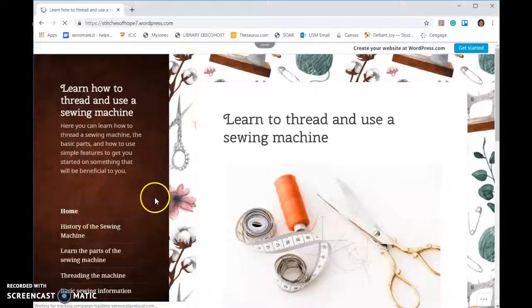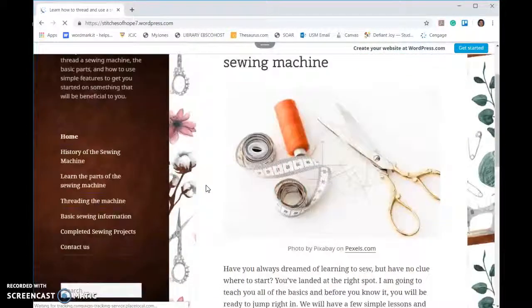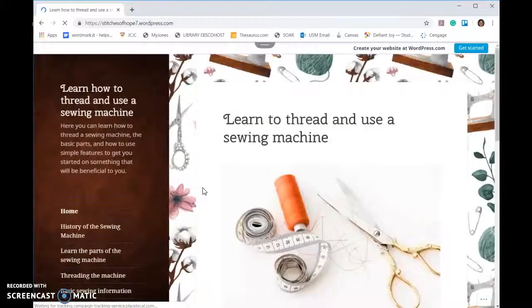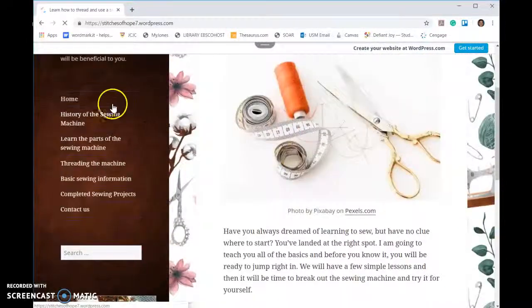So this is my home page and it's just learn how to thread and use a sewing machine, and it just gives the basic information of have you always wanted to do this? Let's get started. On the left you can see that I have links to each one of my pages,